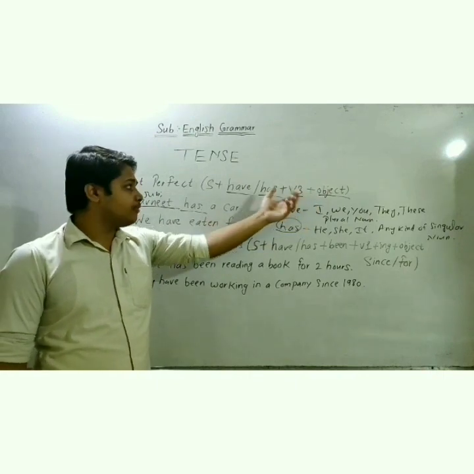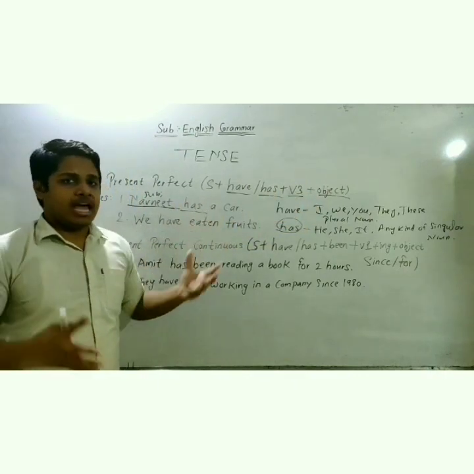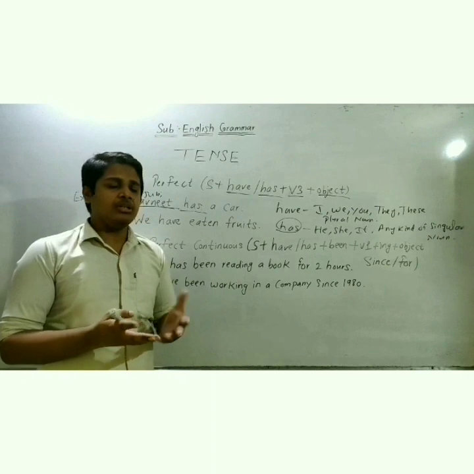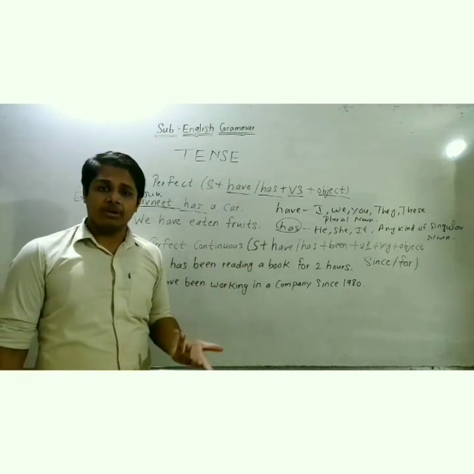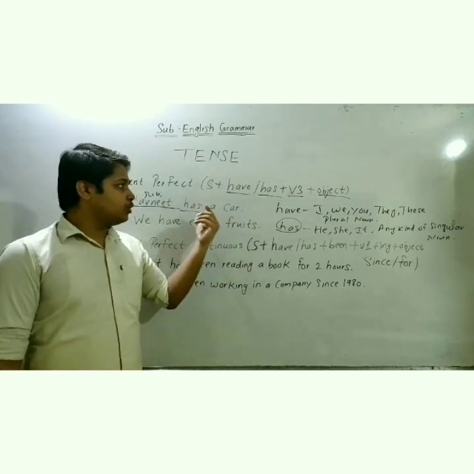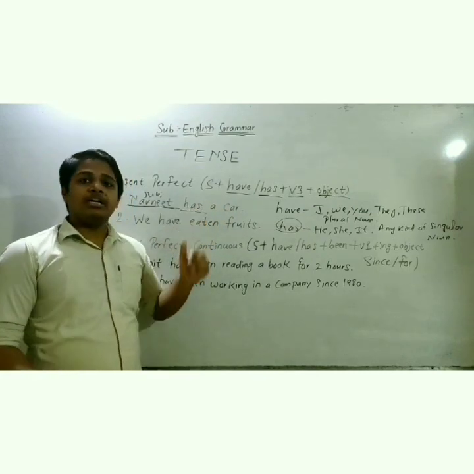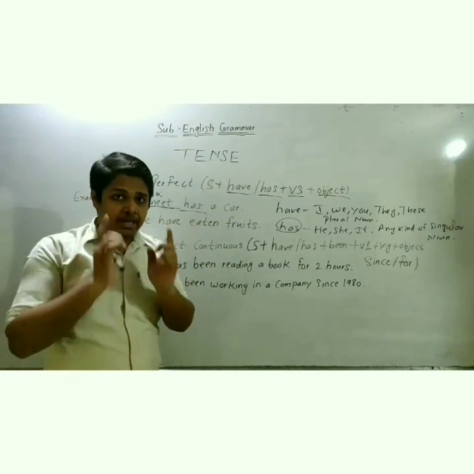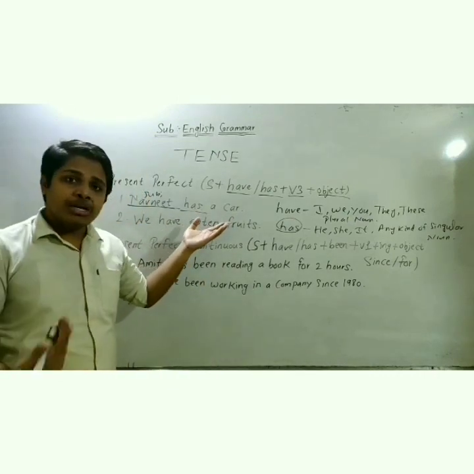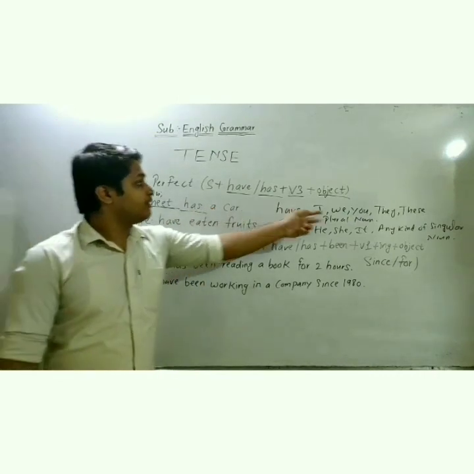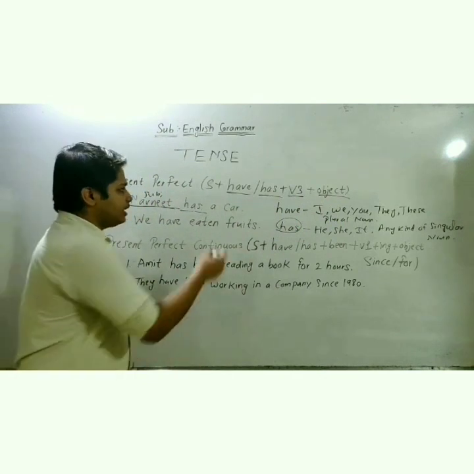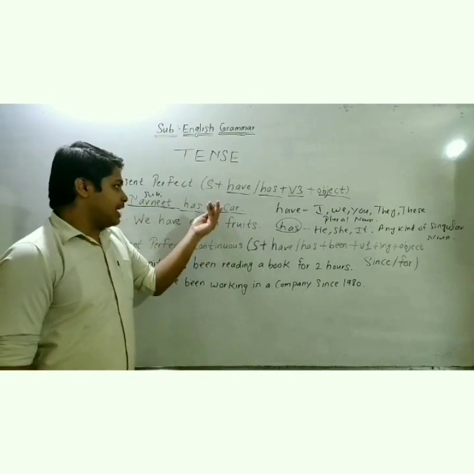Because any action word, as we know from the verb definition, is called a verb. But there are no action words here. So this helping verb is said to be a main verb. Keep this in mind, because many students are confused about it. And after that, the object: a car is nothing but an object.